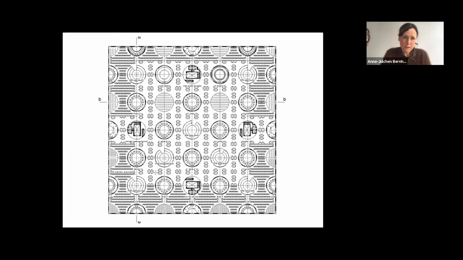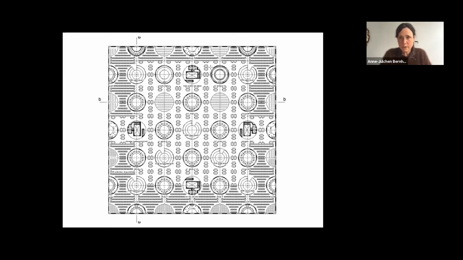And this is the second public hall, the reading hall, but the only difference from the ground floor is that it hasn't doors, and that the furniture is different.